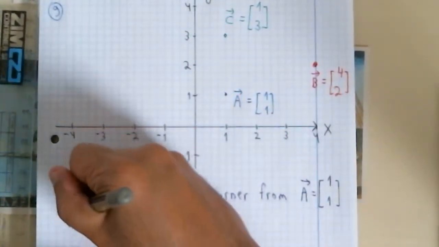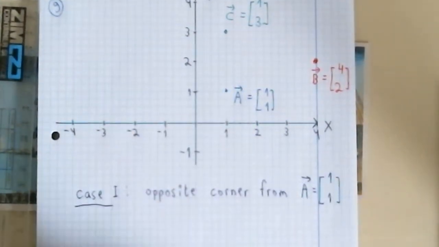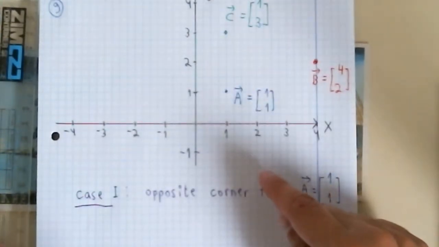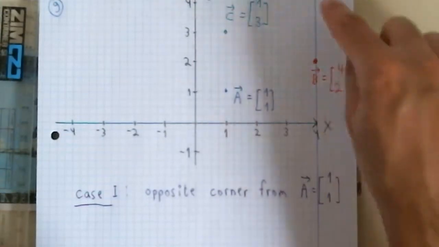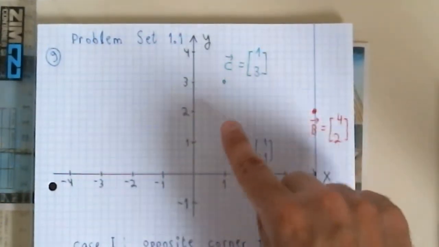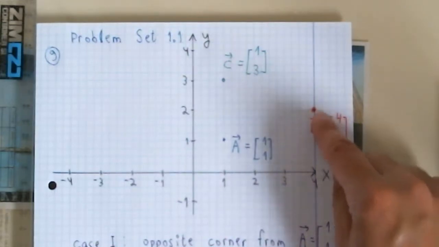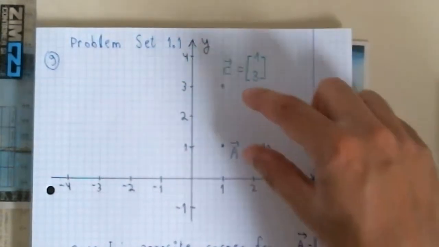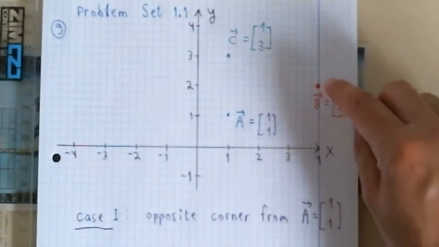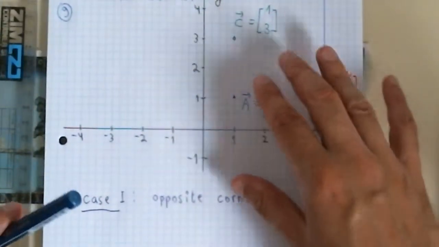So in this case, it would be about here, right? So we want to go to point B and go upwards as much as we went from A to C. Okay, so we go to point B, so it's B